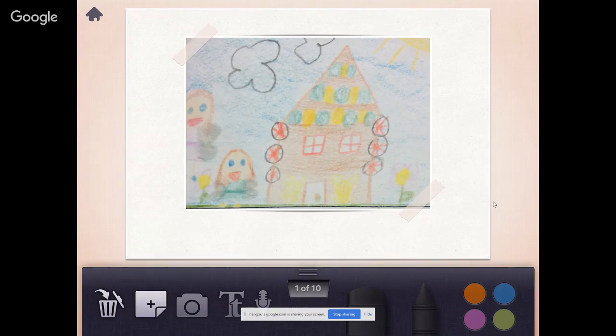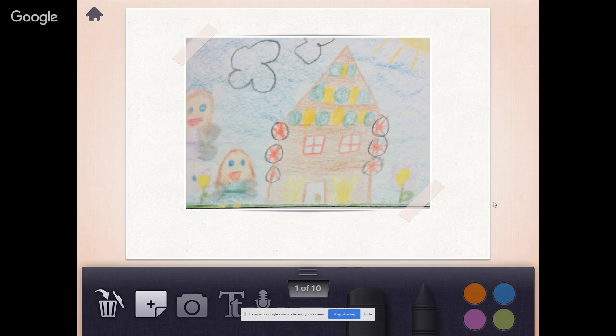The camera means that you can add an existing picture or existing photo, or you can take a picture or record a video at that time. The capital T and lowercase t means that you can add text, and the microphone is for you to add voice. Skip over past the page numbers. That wide black marker looking thing is an eraser. And then you have the black crayon, and that would be what you would use to write or doodle with. And the colors are the colors you have to choose from.